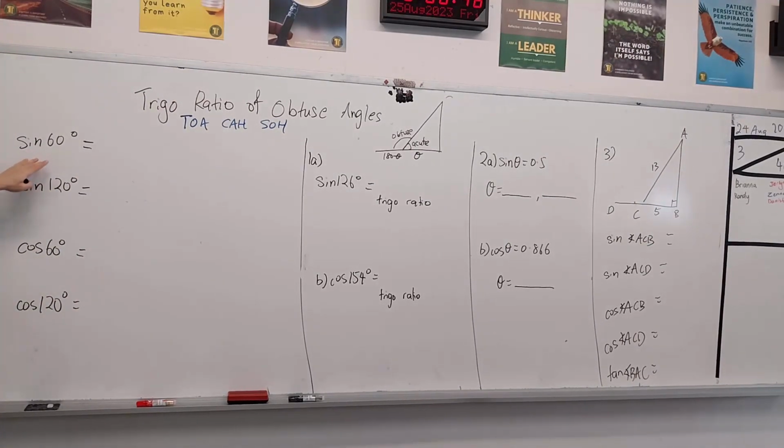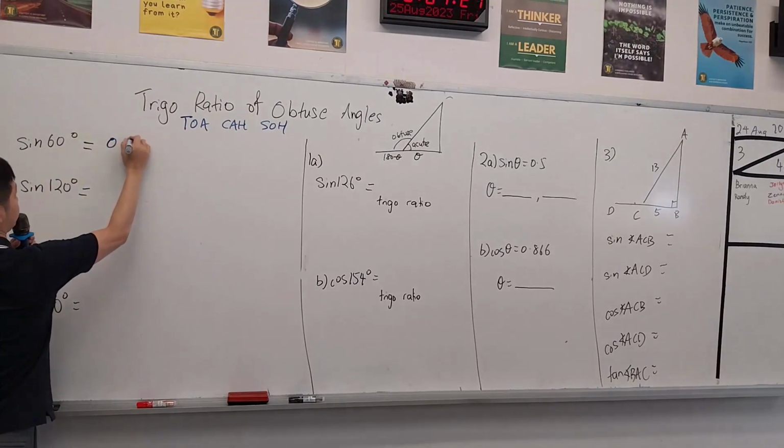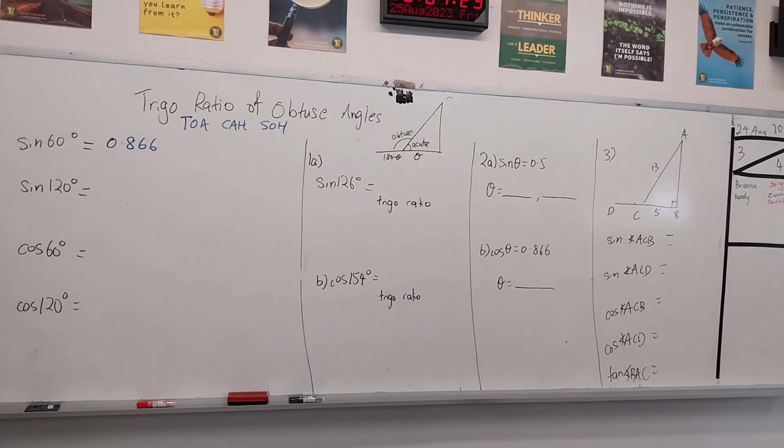Now what I want you to do is this. Okay, I want you to press sine 60. What is the value in your calculator? Please ensure that your calculator is in degree mode. Numerical value, the ratio. Sine 60 is a trigo ratio. So what's the ratio? 0.866. Very good. Now, press sine 120, and the trigo ratio is